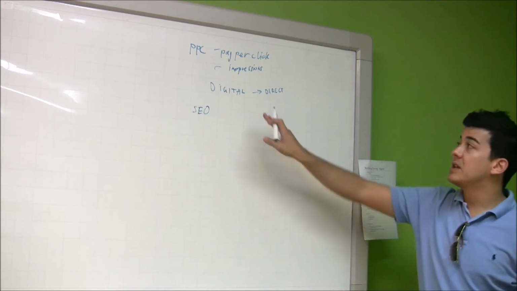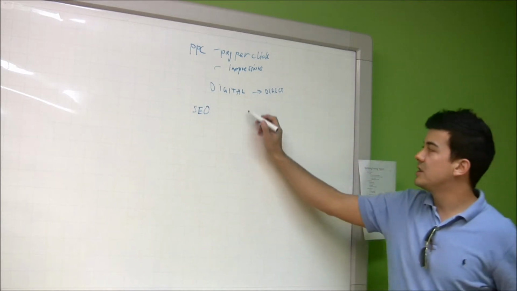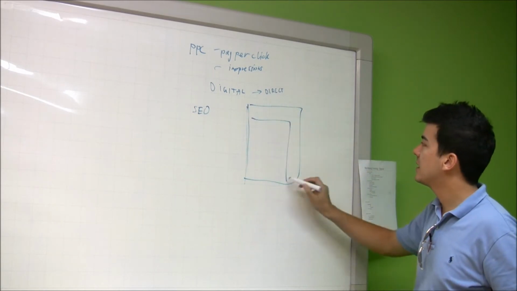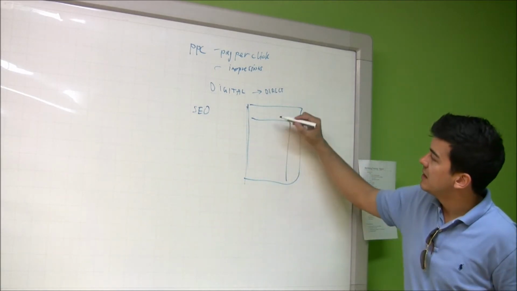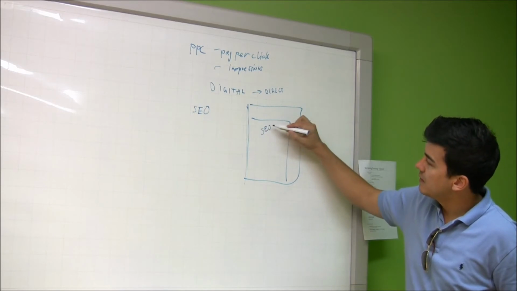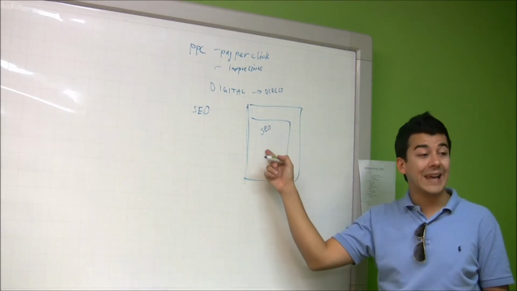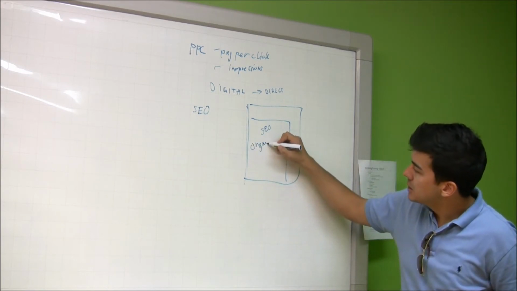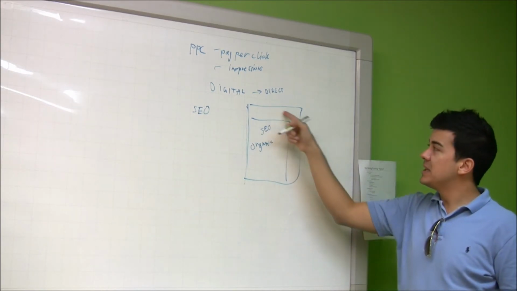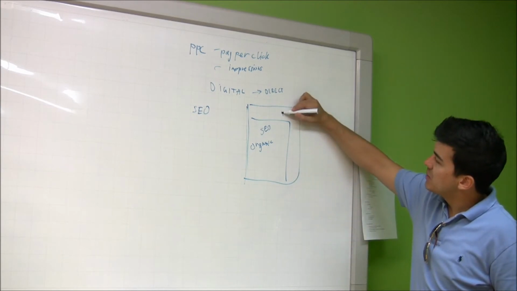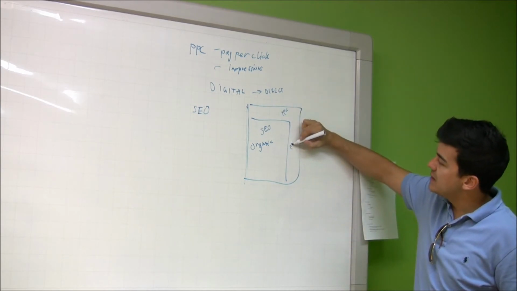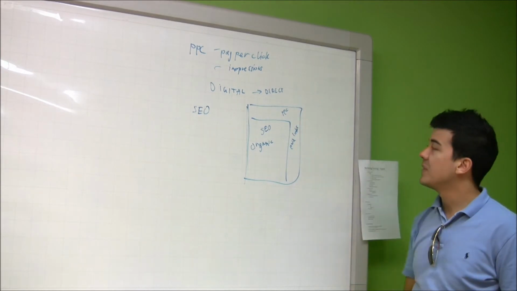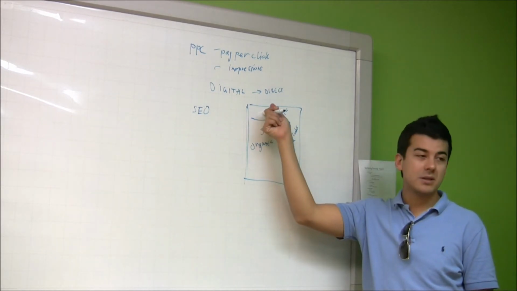Pay-per-click also, and I'll show you the difference. Here's your Google search. You do a search. Anything that appears here is due to SEO, or what we call organic results, right? Organic. So this is organic. Now anything that appears here is pay-per-click, otherwise known as paid links. So you'll notice PPC is right at the top there.